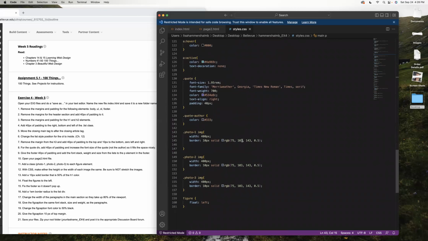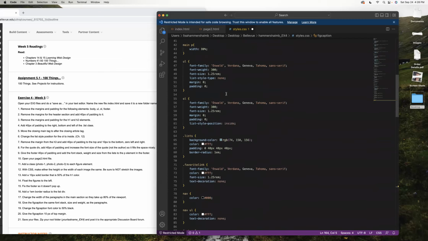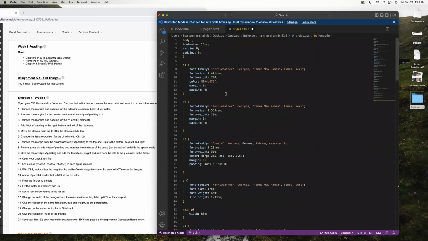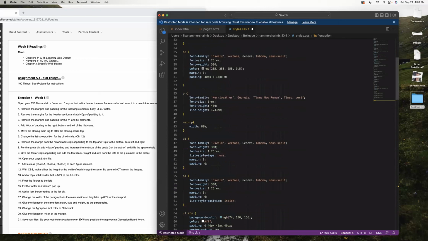Author. Figure. Okay, let's put it under here. Fig caption. Okay, and we're gonna give it the same what? Font stack, size, and weight as paragraphs. So we're gonna grab